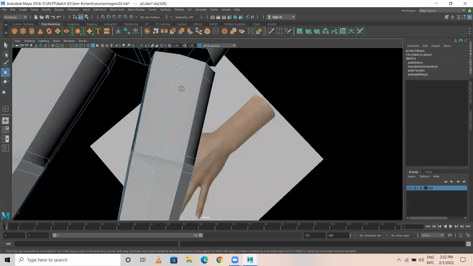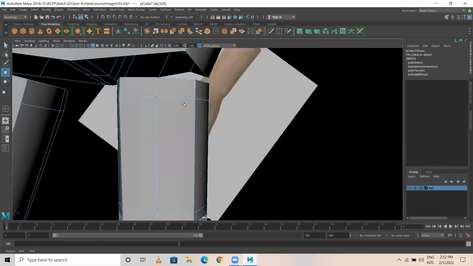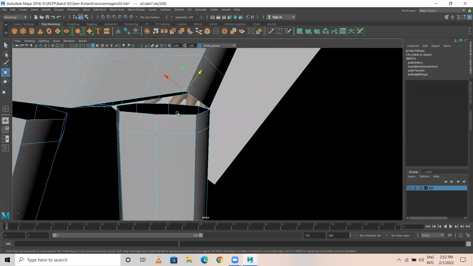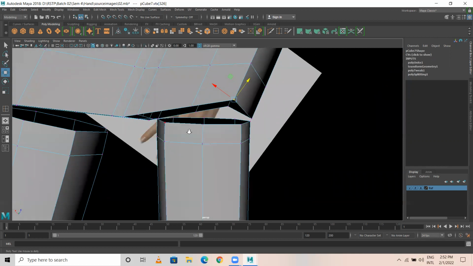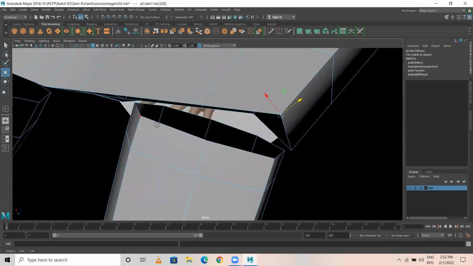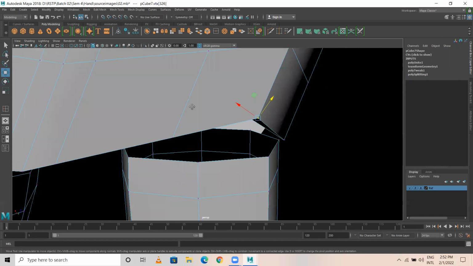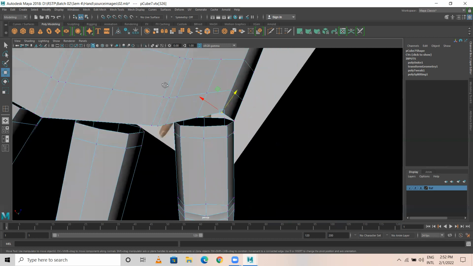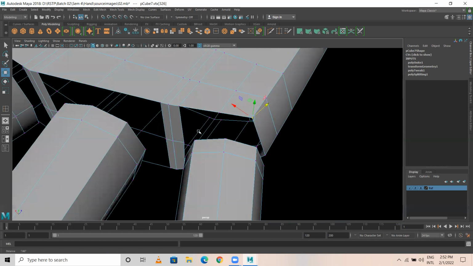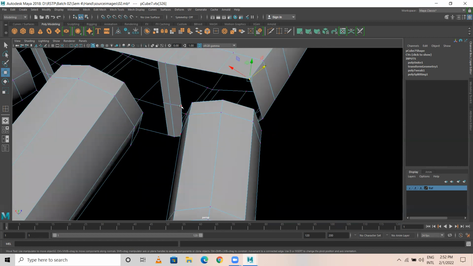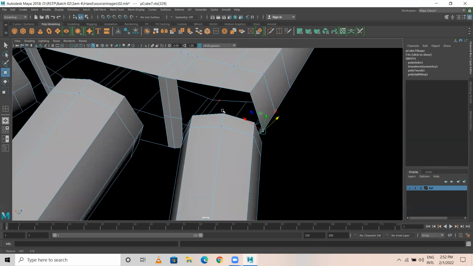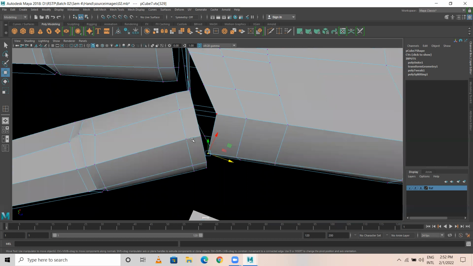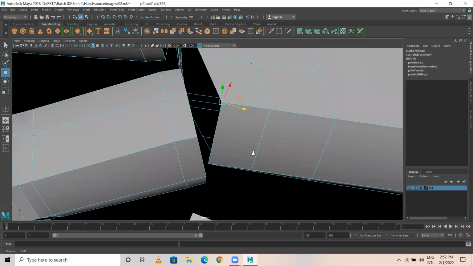See, if you notice this particular area in the finger, the edge, the border, you have a total of 3 in the top, 3 in the bottom, total 6 vertex, 7 and 8. 8 vertex is there. And if you notice the area here also, 3 in the top, 3 in the bottom, this one and this one, total 8. So the vertex should match because we are going to merge these vertex. So I'm selecting this,